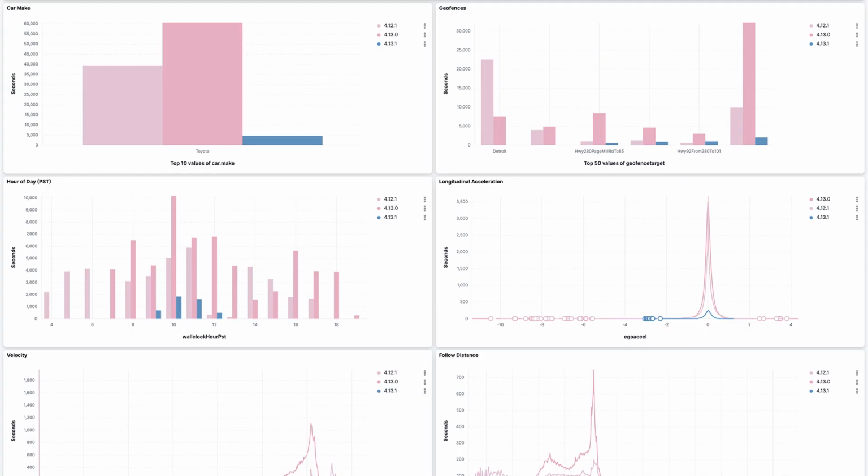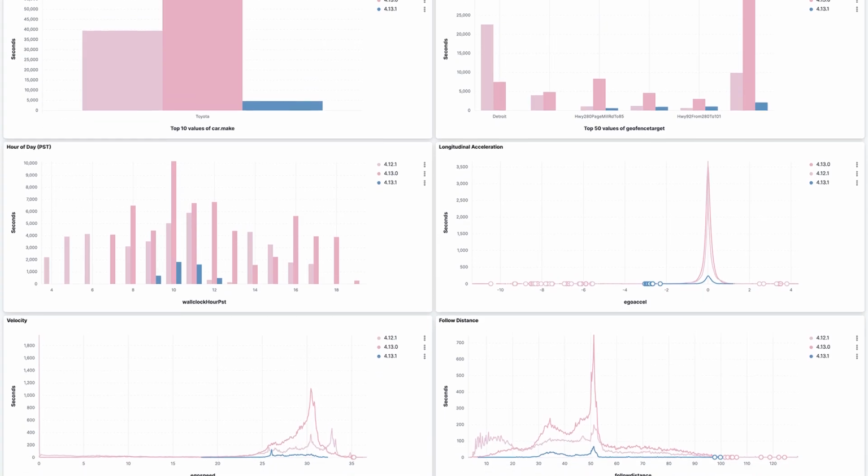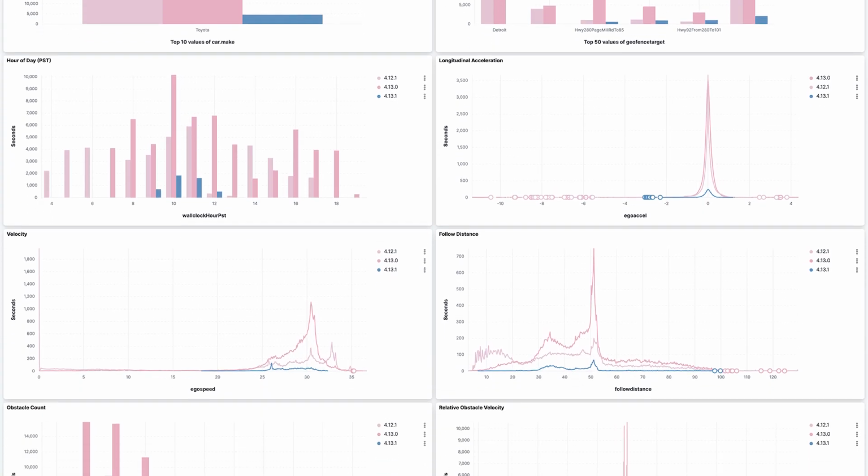Why don't you give us a little more color on what some of these KPIs are? What are we looking at as some of the key measures of drive quality? So we're looking for two kinds of things primarily. One is more like normal driving data, follow distance behind another car, speed, that kind of thing. And then others are more like outlier events. So if we have a hard brake tap, if we are weaving in the lane, if we're hugging to the